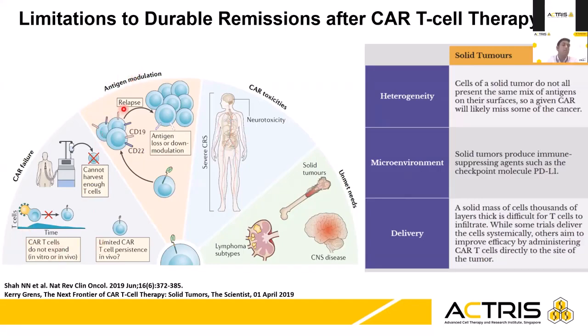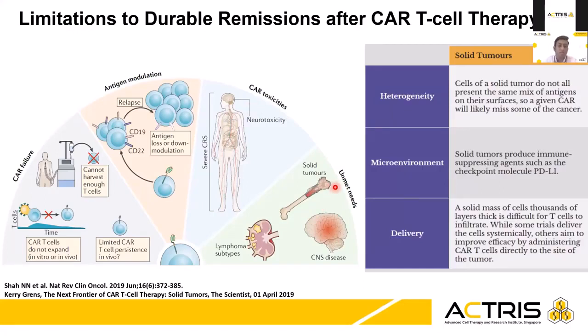Antigen modulation, in which case you do see that, for example, the initial disease had overexpression of CD19, but the relapse disease had overexpression of some other marker. For example, in the B-cell diseases now, there are lots of studies coming up showing that CD19 and 20 probably have to be targeted together. Of course, as I mentioned, CAR T toxicities, and there is a lot of unmet need with regards to CAR